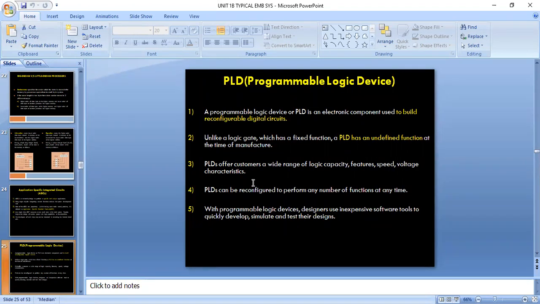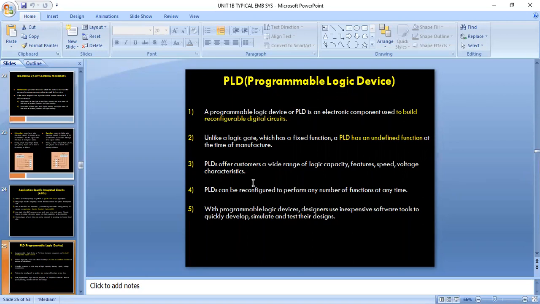You have to make your logic for three water tanks. Now the advantage of this PLD is you need not remove that PLD. If you want to add one more tank, you can add that. You can change some logic in your PLD. That means you can reprogram it, you can reconfigure it. That is the advantage of this PLD. That was not there with a standard IC, that was not there with an ASIC.